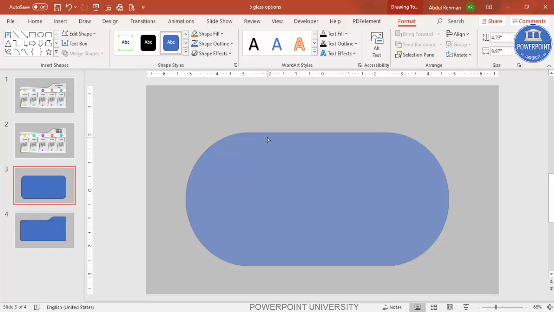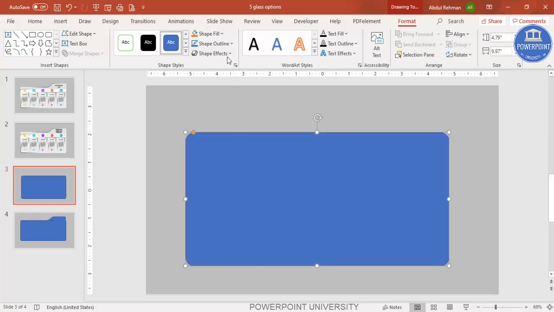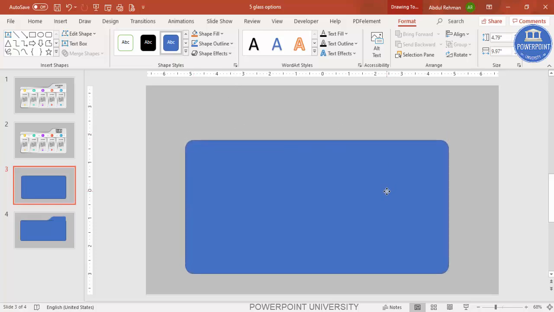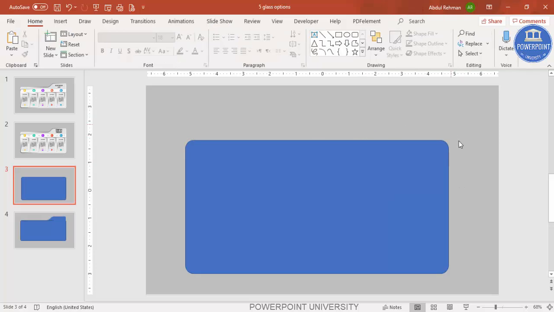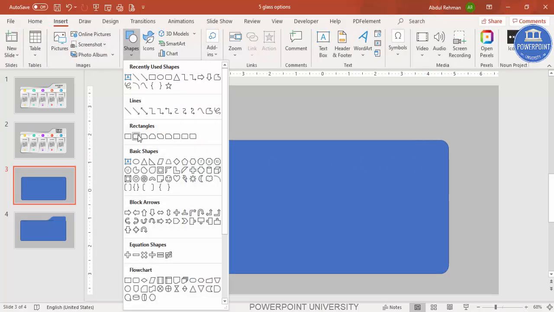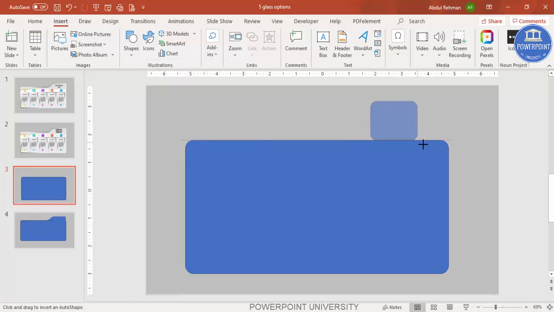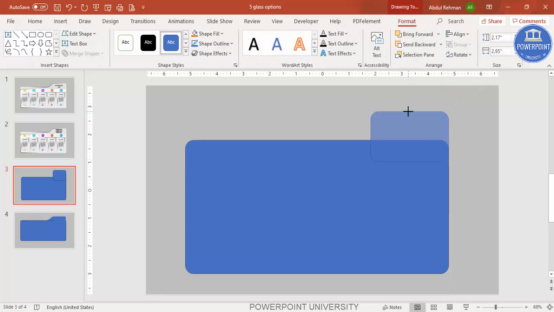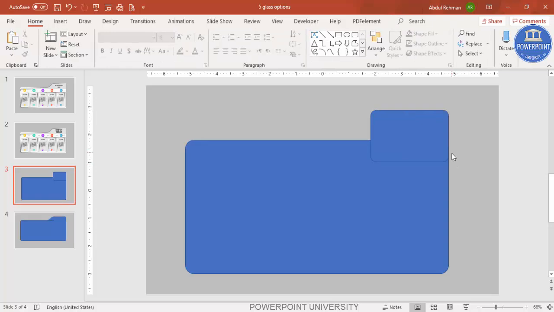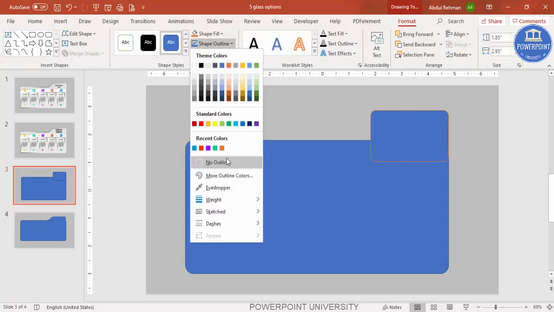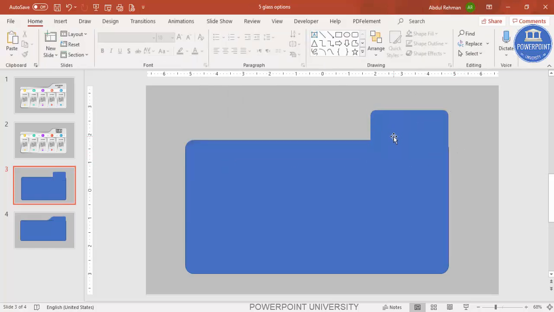If you see inside, it is becoming like a capsule. Then I'm just going to make it maybe this much size, you can see here. And then I'm just going to add one more on the top of this. So let me just go to insert shape, select the same rounded corner rectangle. You can see here, maybe I can reduce the size, and you can make it again less curved.